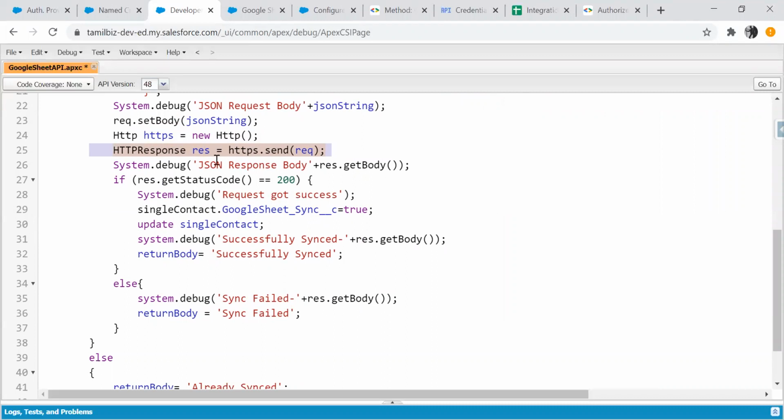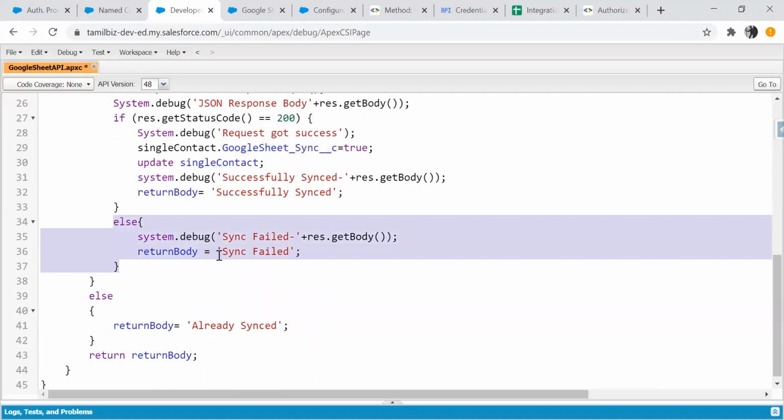So once we make the call to the Google Sheet API, we will get the response in the HTTP response object, and we can get the status code. If the status code is 200, it means it got success. So once it is success, we can set the Google Sheet sync field in the contact record to true, so that when the user selects the confirm button again in the contact record, it won't get synced to the Google Sheet.